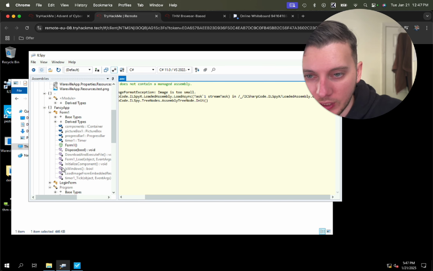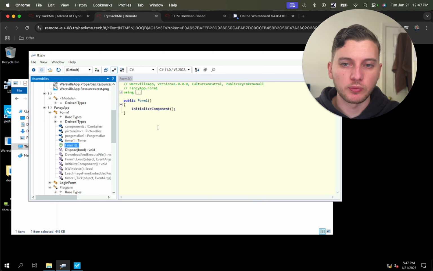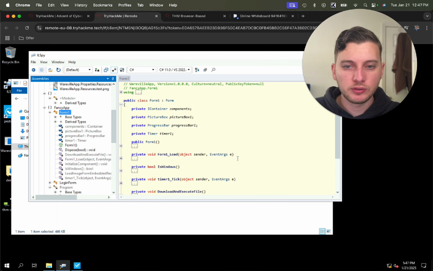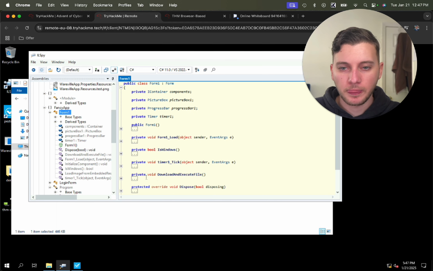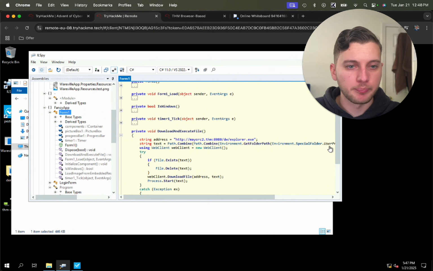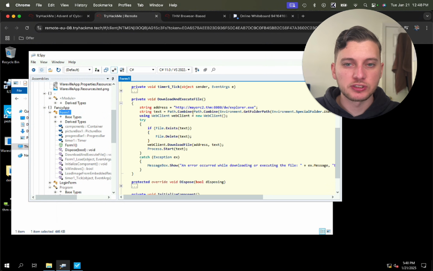How we would do that is if we go to form 1, in the download and execute function, we can see in order to download the binary for the stage 2, it goes to this website here. So all we're going to do is copy that